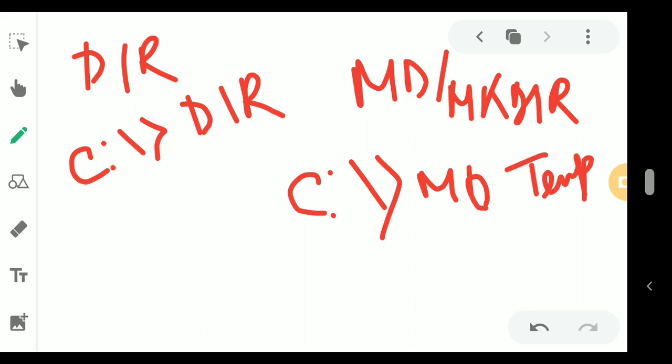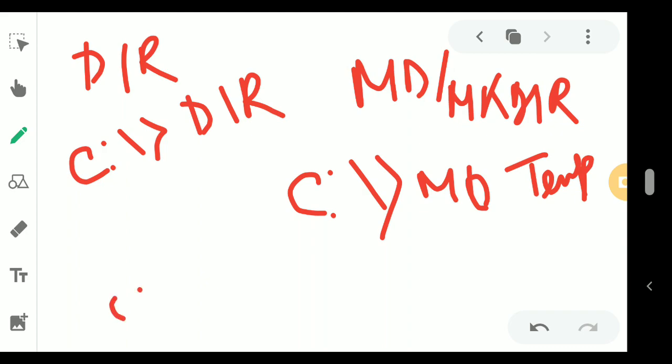So the new directory that we want to create under the C drive is temp. Or if you want to mention where it needs to be placed, then you have to write down the path.